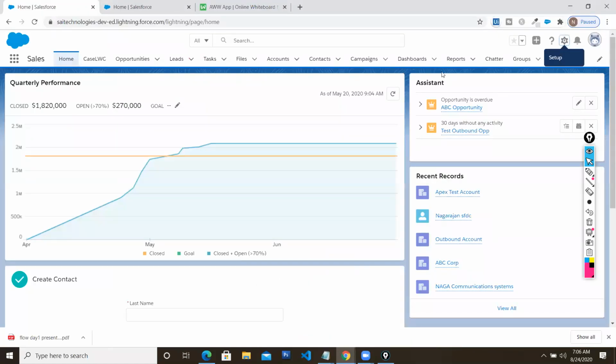See here, these are all different components. They might be developed using Flow, or they might be developed as Aura components. This is basically called a component. In a single page web application, you can have many components. The combination of different components ultimately comes together as a single web page. The end user will know it as a page, but as developers, we know these are all components. This is a single component, this is a component, this is a component.